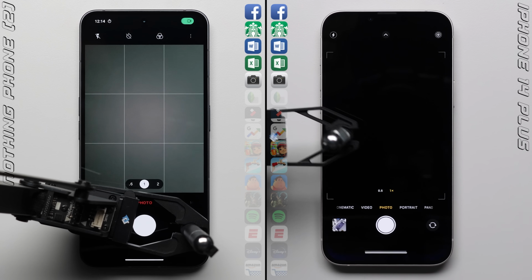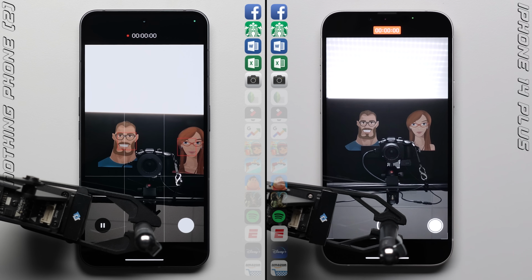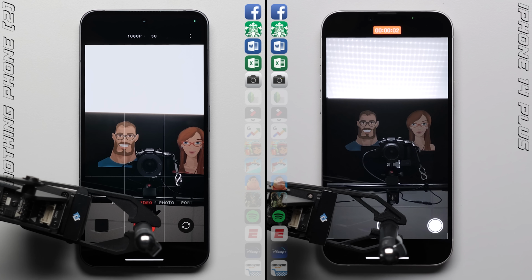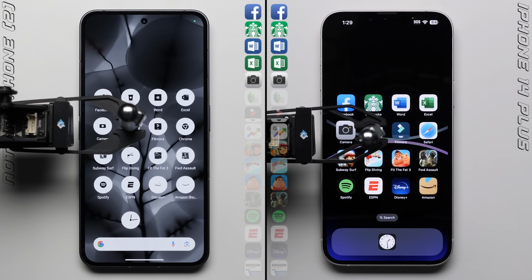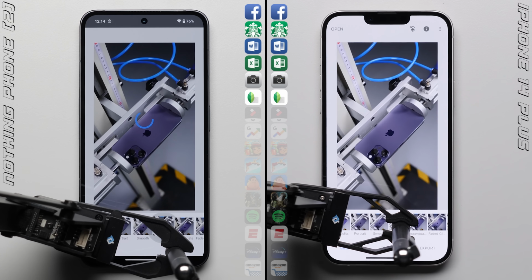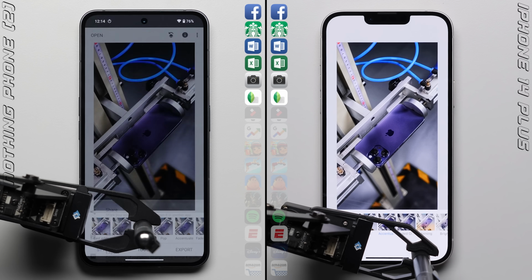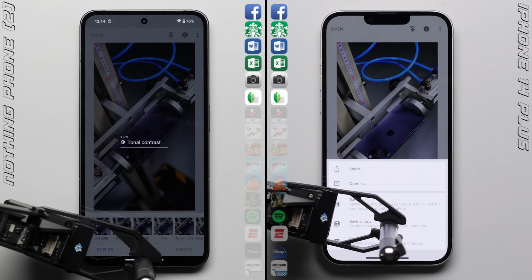We've made the camera test a bit more intensive here, with us not only flipping the camera, but also recording a short video clip on each and then waiting for it to write to storage, where the iPhone was a hair faster, allowing it to fully make the comeback as we move on to Snapseed, where this time we're editing a much higher resolution photo. And from the looks of it, the Nothing Phone was able to both import it and apply the filters quicker,